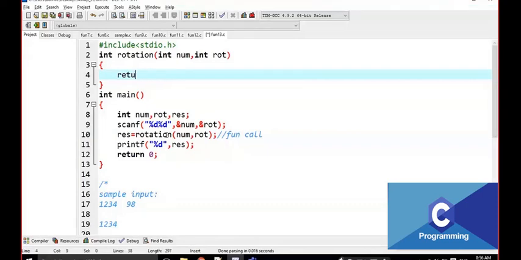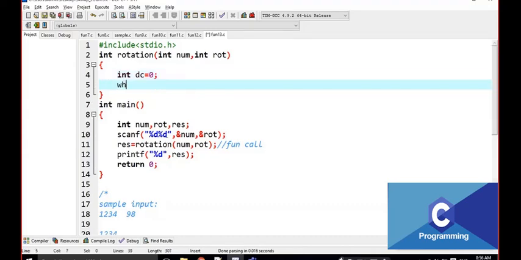Now I am going to write the logic here. I am going to find how many digits there are. For that I am going to take digit count is equal to 0. Now I am going to write while num.